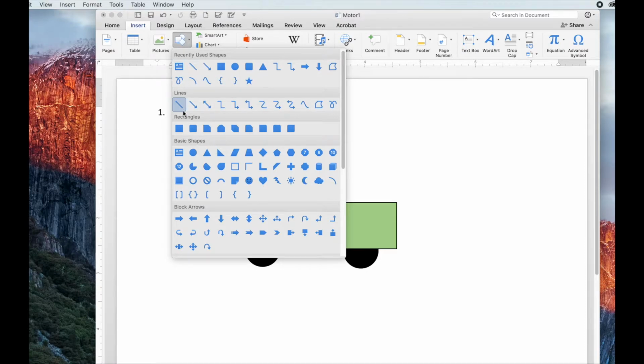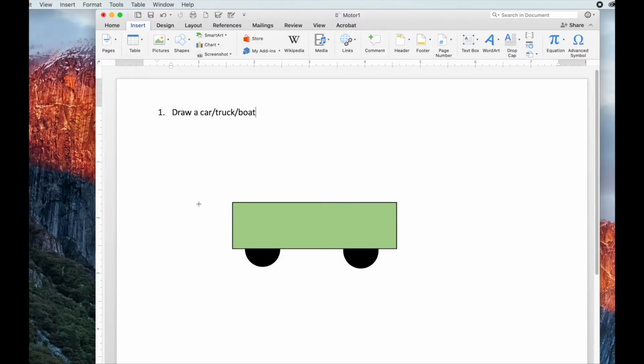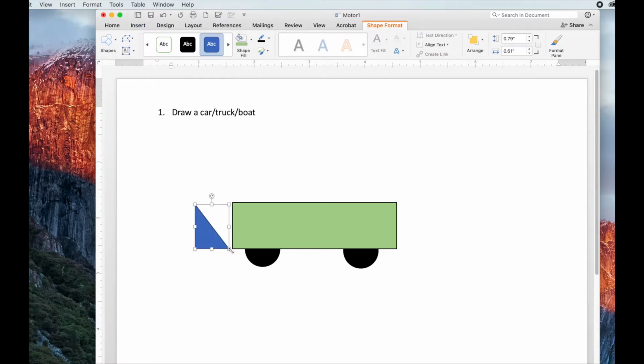So I'm just simply going to pick, let's see here. Maybe I'll try a triangle. Now, even though I could pick this triangle, I'm going to go for the right triangle here. And I'm going to purposely draw one that's not going to quite fit right. It's going to be like, okay, something's not right. I want it flipped. Now, there's 2 ways you can do that. You can go up here to the Rotate tool. You notice when you put your cursor up here, you get the circular rotate symbol. And you could just simply do something like that. And then once you get close,